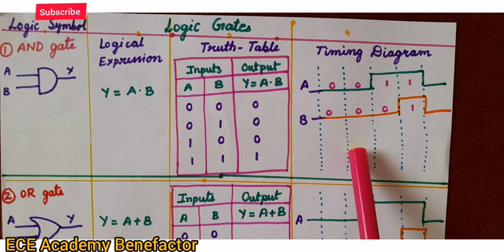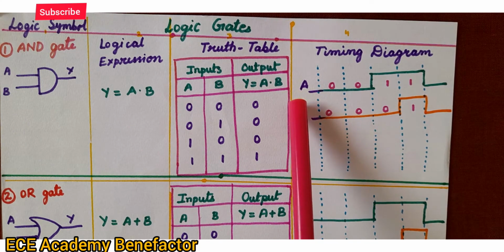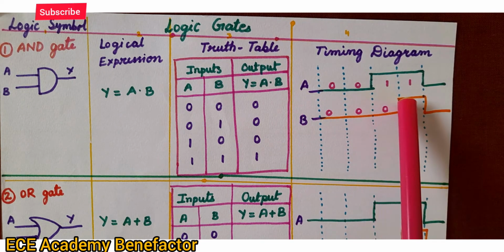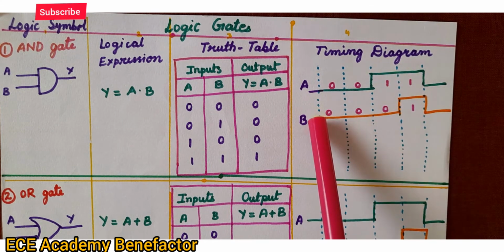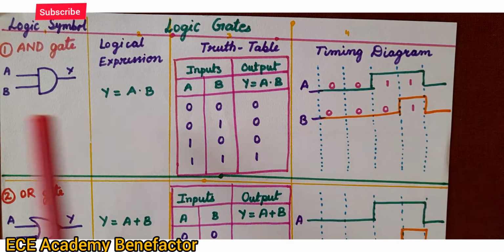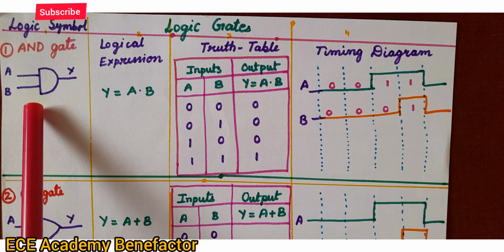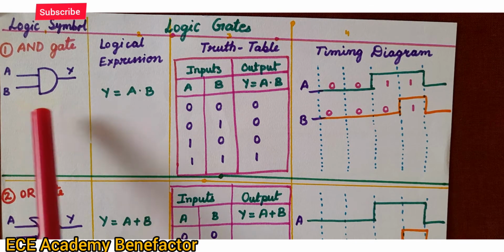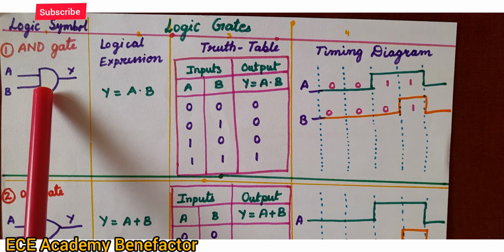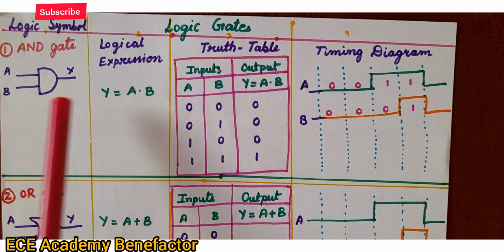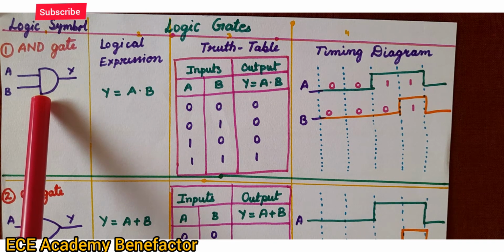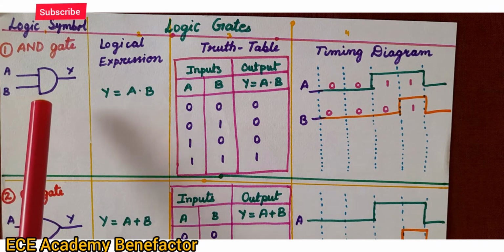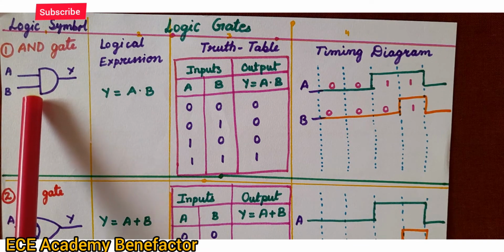In a timing diagram, we can represent the input in terms of a stream of zeros and ones, shown in waveform mode. If this is the input waveform A and B, what will be its output waveform when passed through the AND gate? For each gate we have some internal electronic circuitry, but we are not drawing all of it; we simply use a symbol to make the work easier. So when you are asked to draw an AND gate, the symbol is this one.